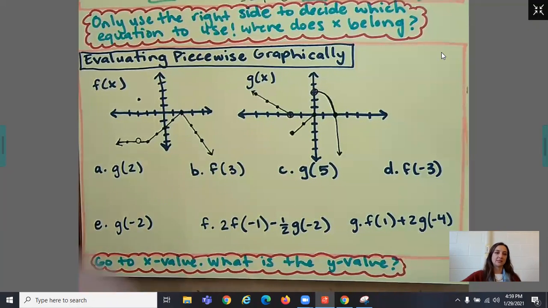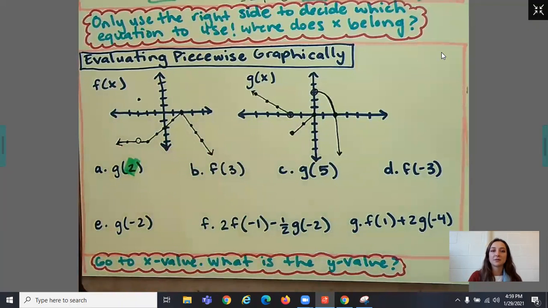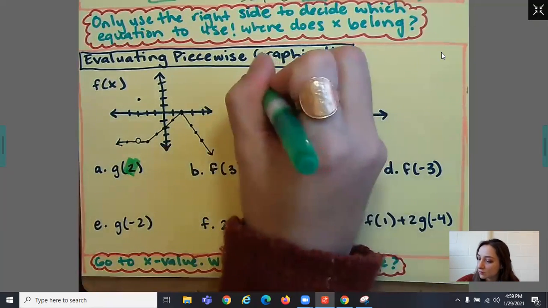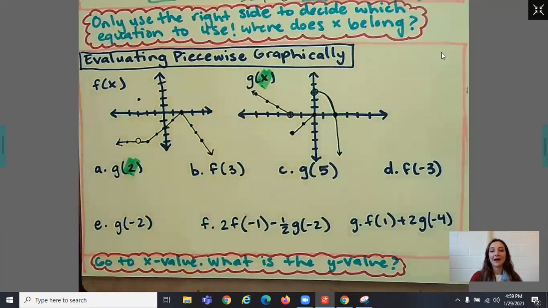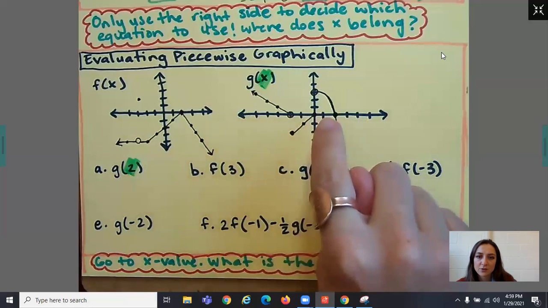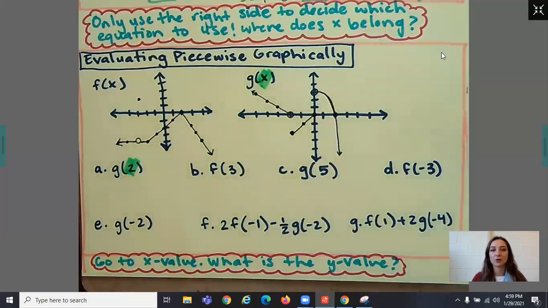I want you to realize that this is F and this is G, so just keep that in mind as we're going along. The first question is G of 2. Now remember, whenever something is in parentheses, we're looking at the X value, so I'm plugging in 2 right here. I'm looking at the X axis. Notice the tick marks go straight up, so I'm going to be drawing lines straight up. Okay, so I'm going to go to 2,